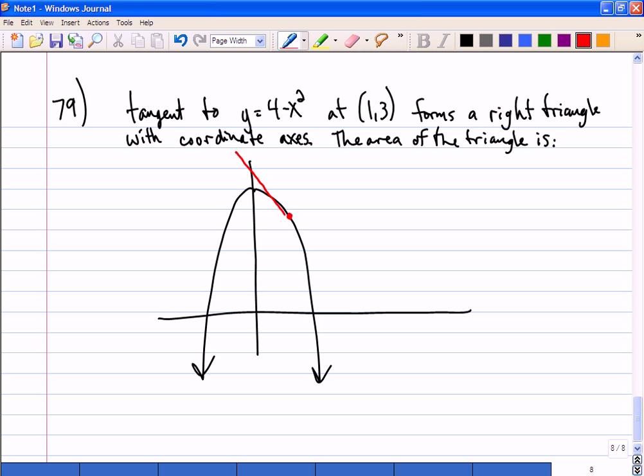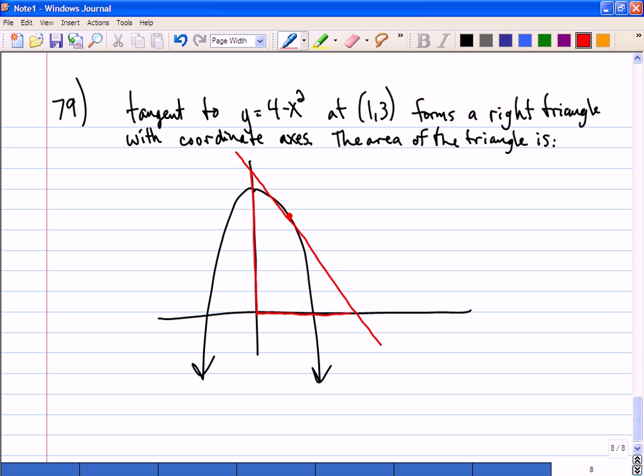And if that's my tangent line, this shaded area in here is what we're trying to find. Okay? So I'm going to erase those marks just to keep a clear picture. But let's walk through it then and figure out how we could do this. To calculate the area of this triangle, so here's my